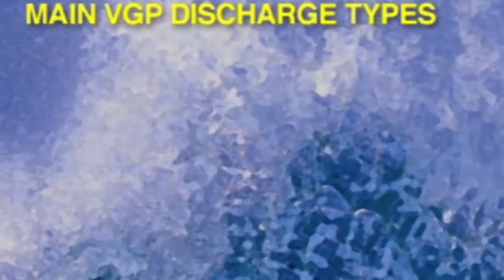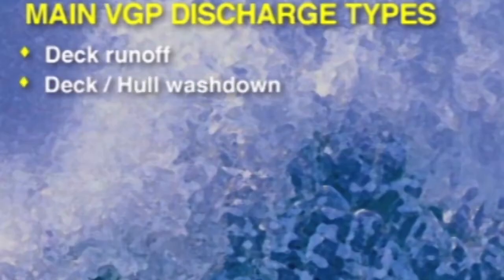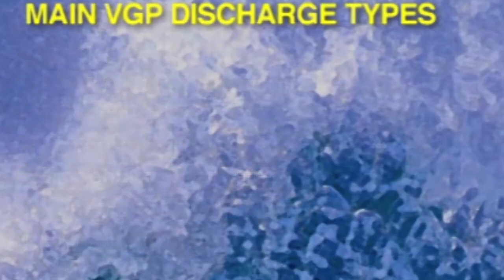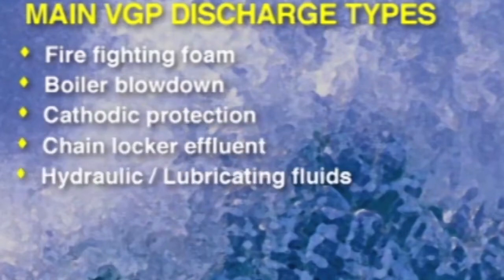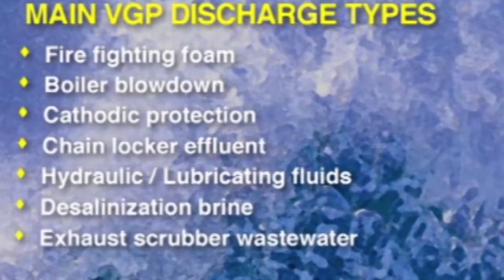Of the 26 discharge types covered, the most common are deck runoff, deck and hull washdown, bilge water, ballast water, hull coating leachate, underwater hull cleaning, and gray water. Other discharge types include firefighting foam, boiler blowdown, cathodic protection, chain locker effluent, hydraulic and lubricating fluids, desalinization brine, and